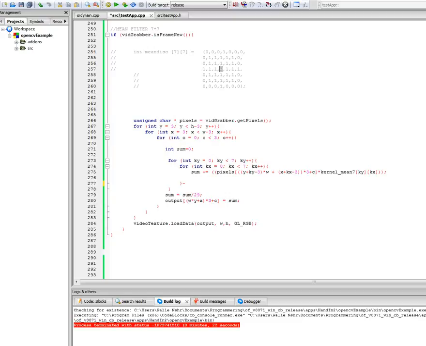And the way that we look at this pixel is to look at all the pixels around it with the kernel. And we start at y point 3 and x point 3, because